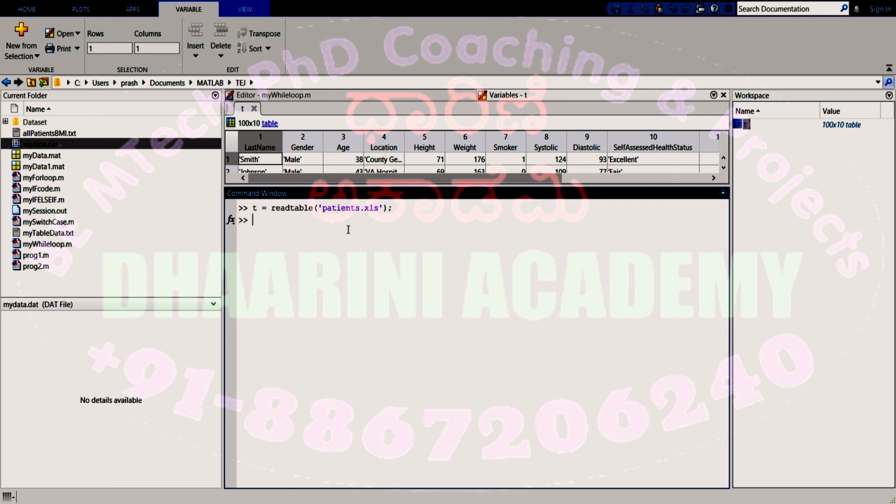Again, I have an option to perform the reading in a range of data. So you just have to use a keyword called range. Let me assume that I don't want to read the complete data, so I'll just write t2 is equal to, the function will still be readtable, and the file is still patients.xls, right? But now you see I have to specify